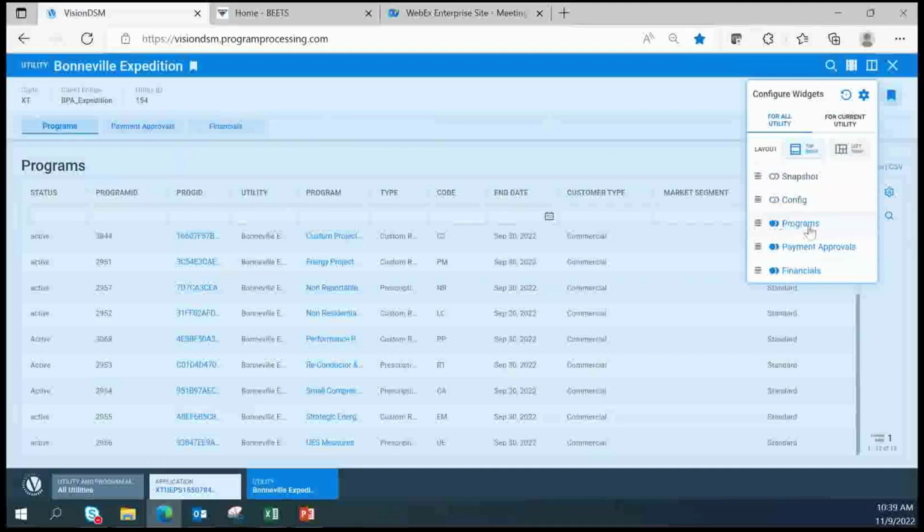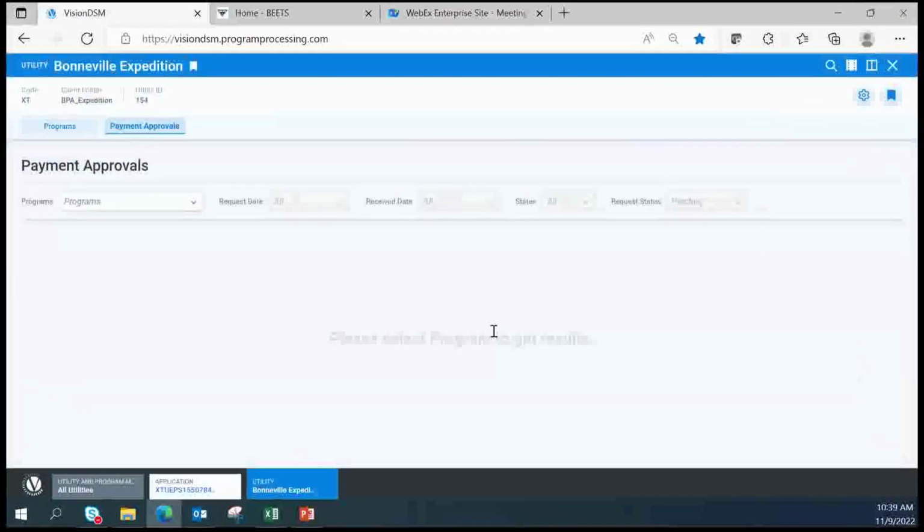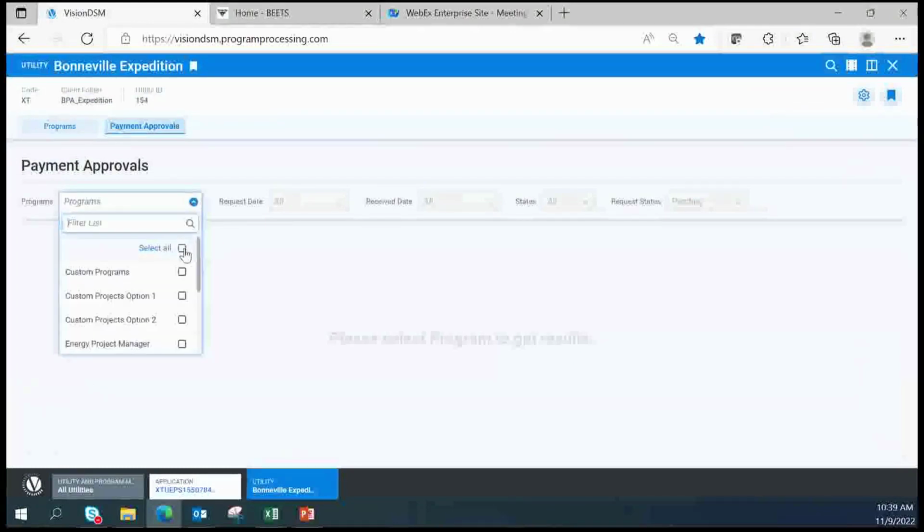It'll be sort of detailed out which ones are important for you. You want programs, payment approvals, and then we'll hide the financials because we can find that information elsewhere in an easier to view format. So we're going to go to this payment approvals. Blank screen, don't see anything. You need to sort of select from the drop-down